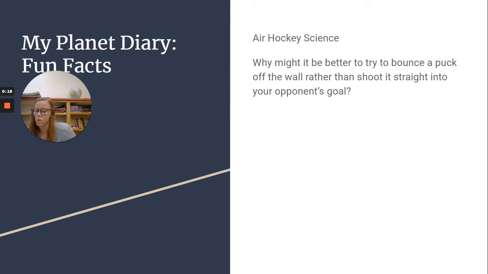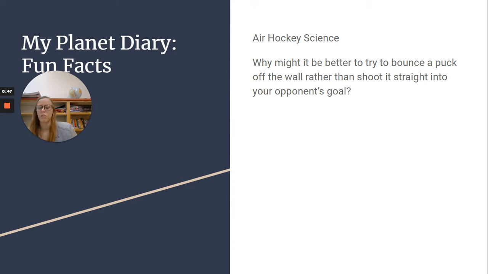So, whoosh, you've just scored a goal. The puck is about to go back into play. How can you keep the puck out of your goal and get it back into your opponent's? One of the factors you have to consider is momentum. Momentum is a physical quantity that all moving objects have. If you know about momentum, you can predict how an object will act when it collides with other objects. With some quick scientific thinking, you can get the puck to bounce all over the table and back into your